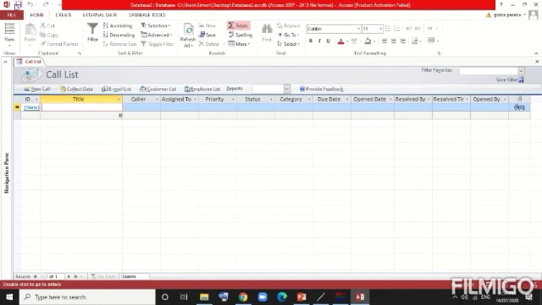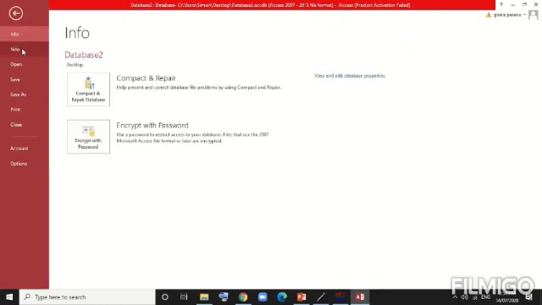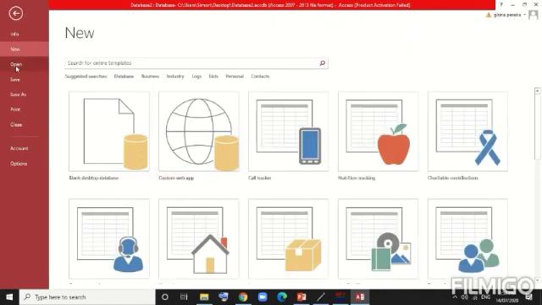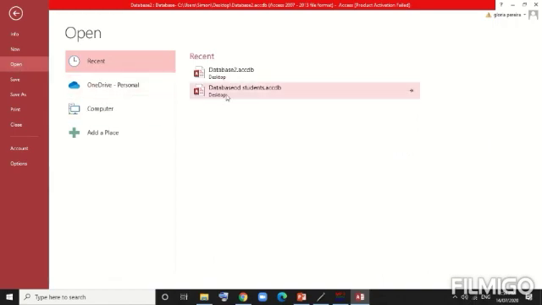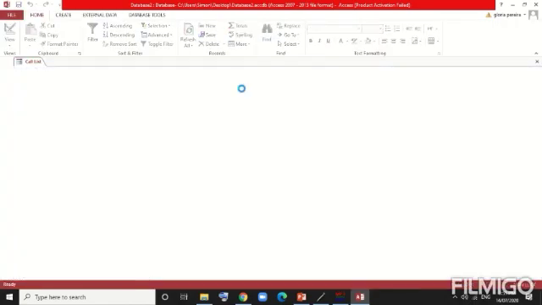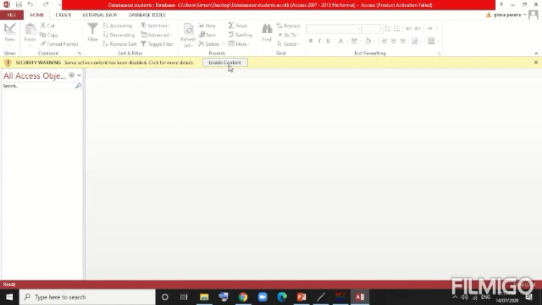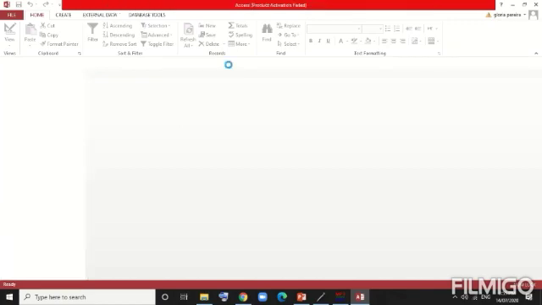I'm going to click on file. I'm going to take the new page, or I'm going to open my existing document. So my student desktop document is already available. I'm going to use the same content for that. Enable content.